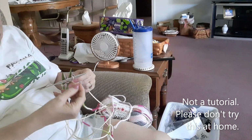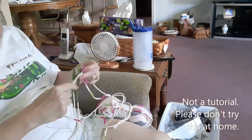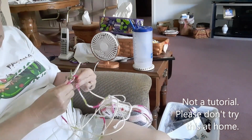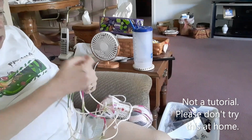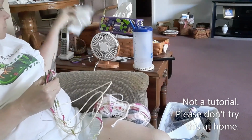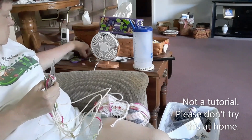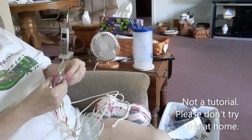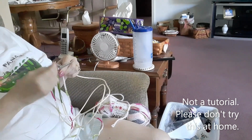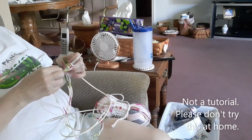Oh, you guys. Okay. Yarn over. Okay, my yarn's over. Knit 1. Okay. Yarn over. Place a marker and knit 1. Okay, then